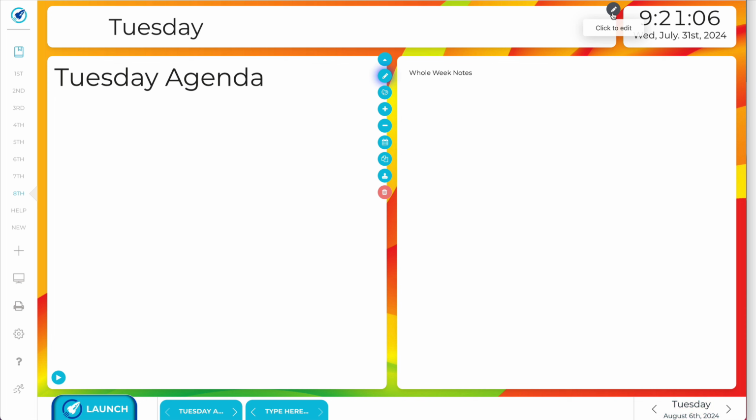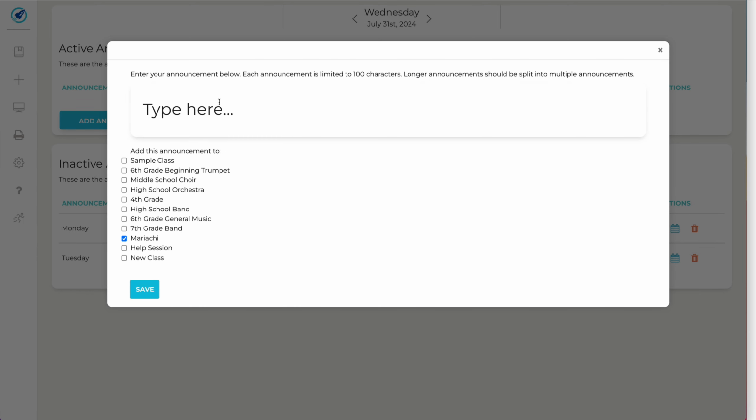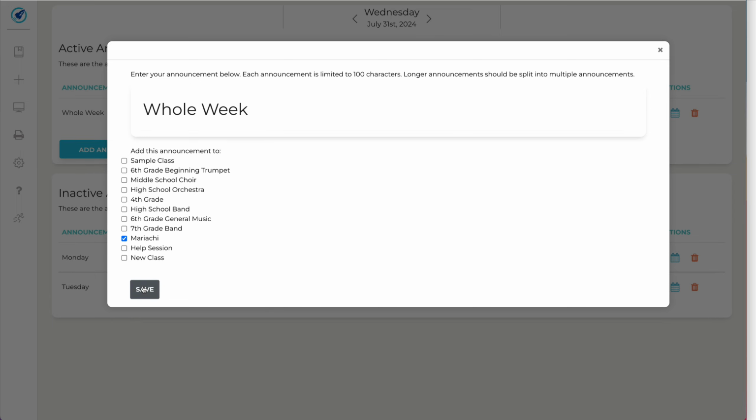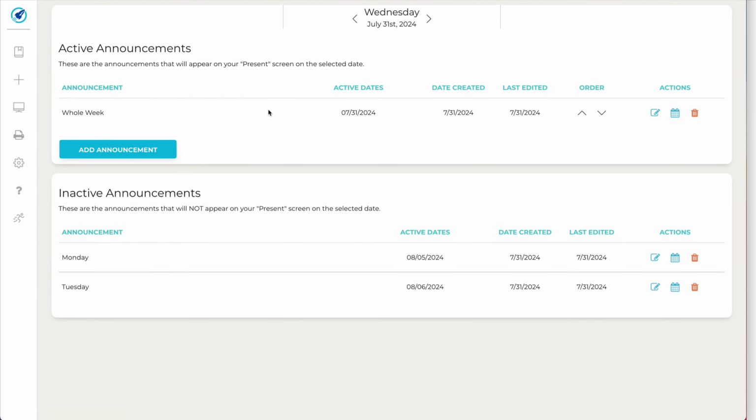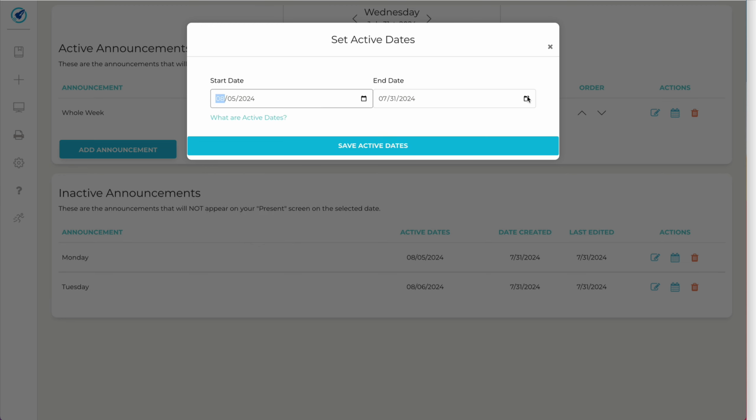I'm going to also go back here and add an announcement. Now it's currently set to Wednesday, but that's fine because I'm going to change the dates of it anyway. I'm going to set this for whole week. This is our whole week announcement, so we want it to be present every single day. You can see here the active date is currently only the 31st. We don't want it to be the 31st at all, we want it to be Monday, August 5th through